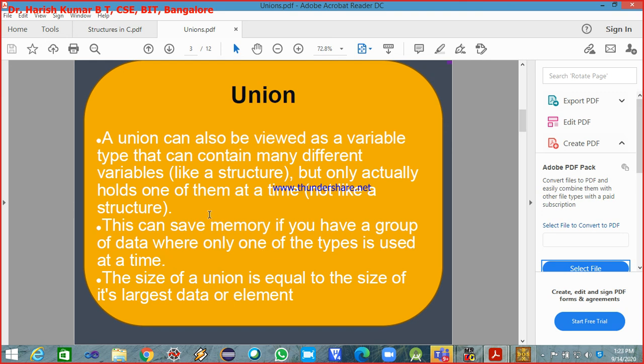So if I want to save memory, I can go for unions. What is important is that the size of the union is equal to the size of the largest element in the union. The memory allocated to the union depends on the size of the largest member present inside it. I'll show you the example in the later slide.